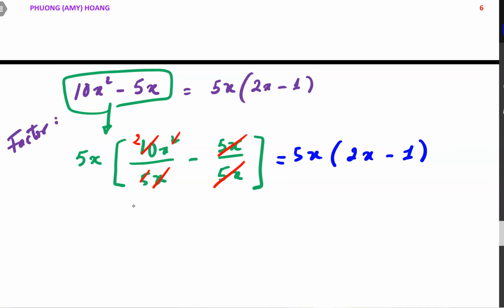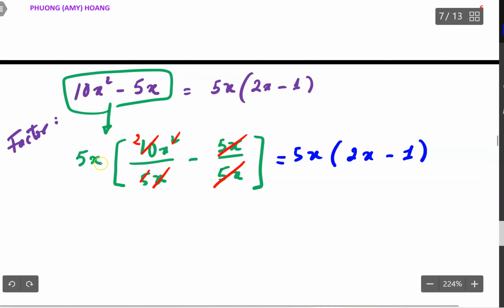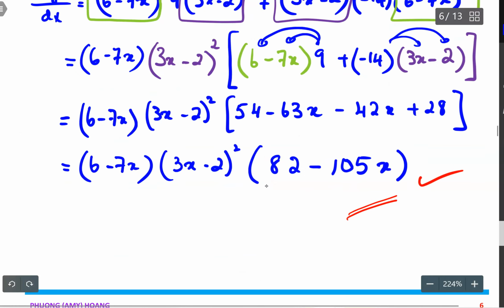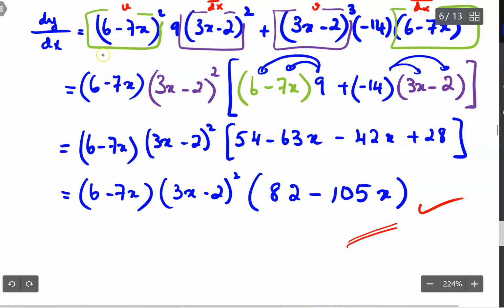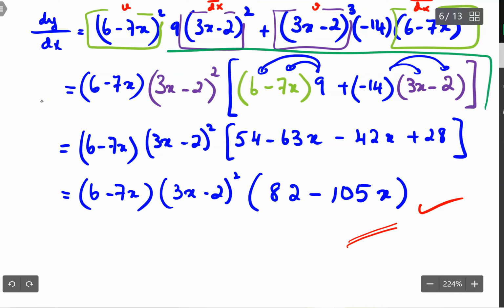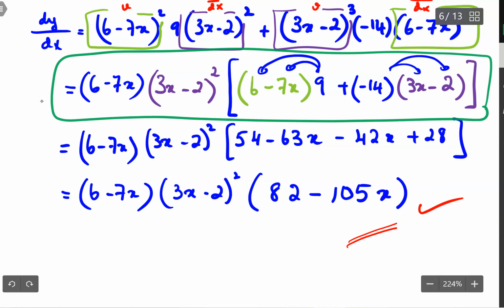Okay, so can I repeat myself? Your common factor, if you pull it outside this bracket, it means that you need to divide your common factor into each of these terms inside your bracket. And then we go from there. That's the behind the scene of common factor. Okay, so I am saying this because I will perform that step to show you why I end up with this line. All right, so in this green box,